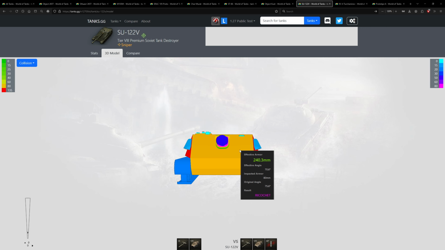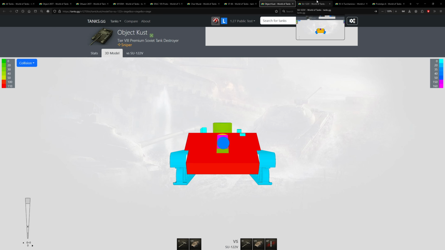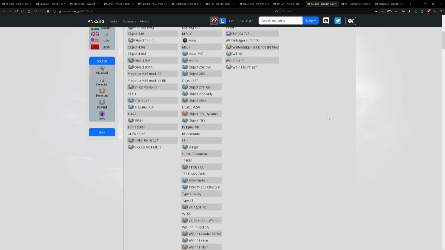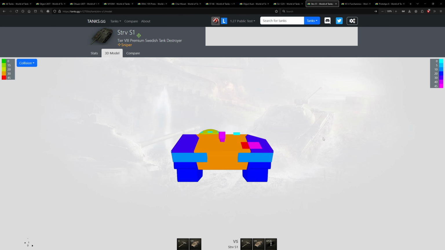Even though on paper it's thicker, it is effectively not an auto bounce. It's thick, about 250, 240 or so, but it's not auto bounce caliber or zone. Oh, that's unfortunate. Let's compare the S1 to see the actual angling of the Swedish S-tanks, but